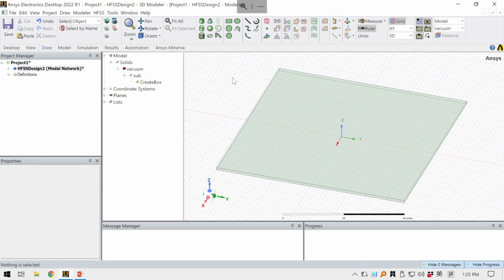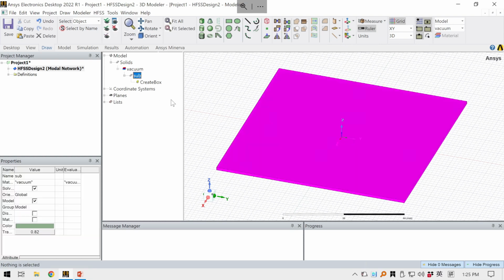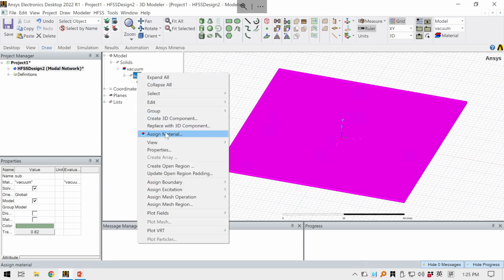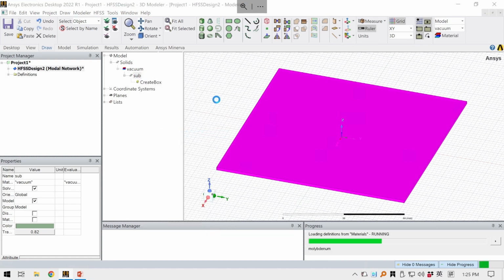So what we are going to do next is tell the software this is FR4. It's not metal. It's not other material. So what we can do here, we right click the object, and here we right click it, we'll see assign material. Click the assign material,